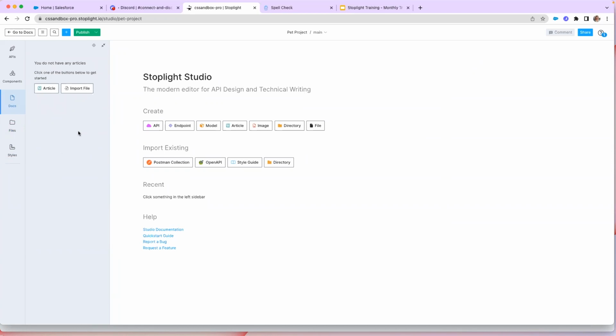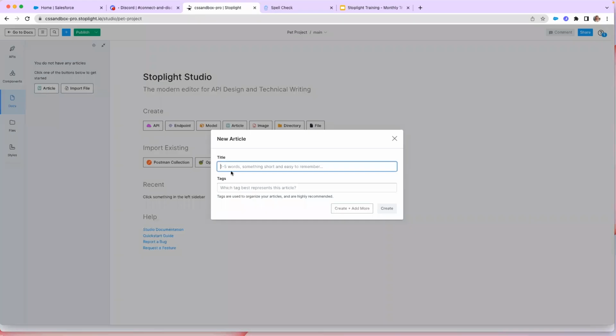So in the documentations, you have the ability to create an article. You can create it from this center button here in the editor panel. It gives you a default button here, and you also can use the plus button to create an article here. So we're going to go ahead and click on this side panel button, and we're going to name our documentation. We're just going to call it